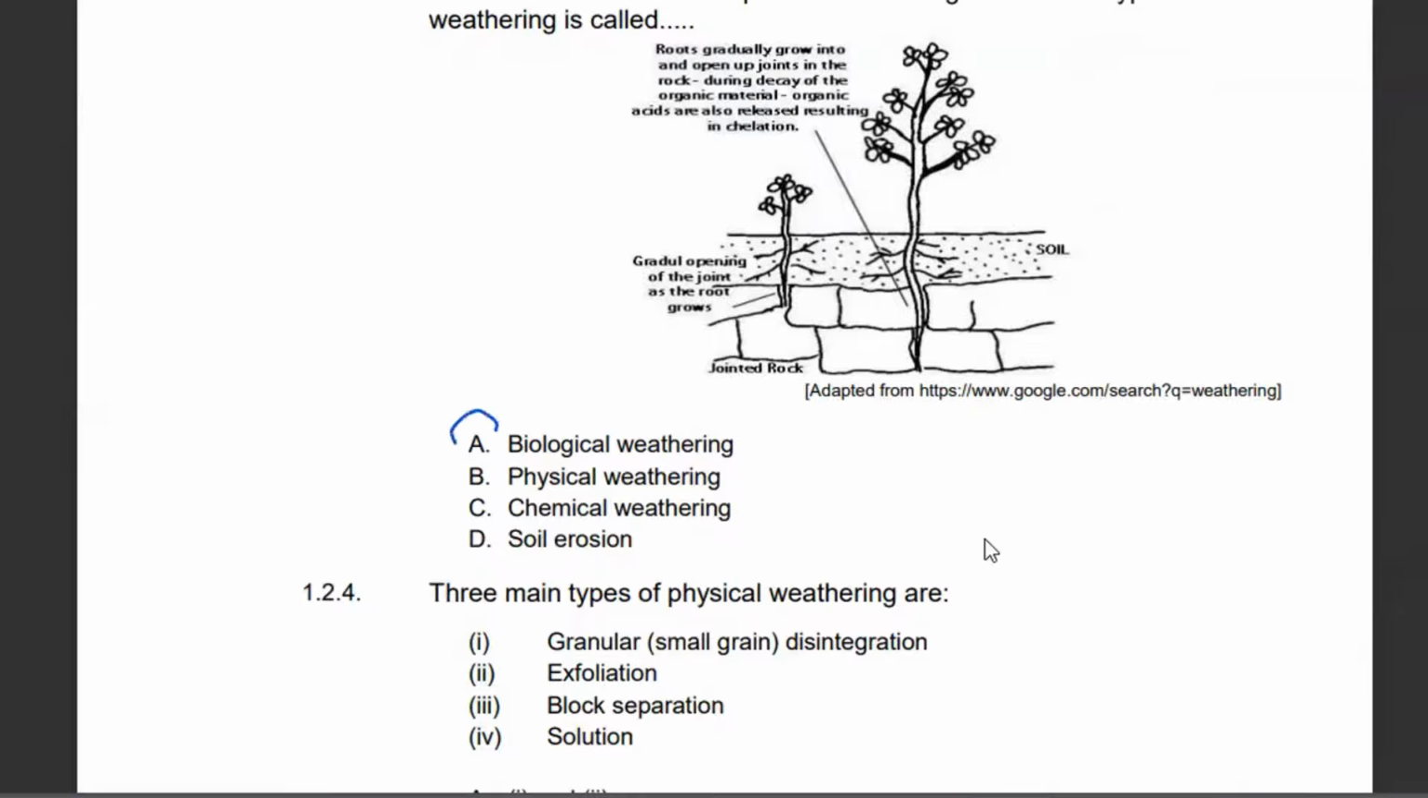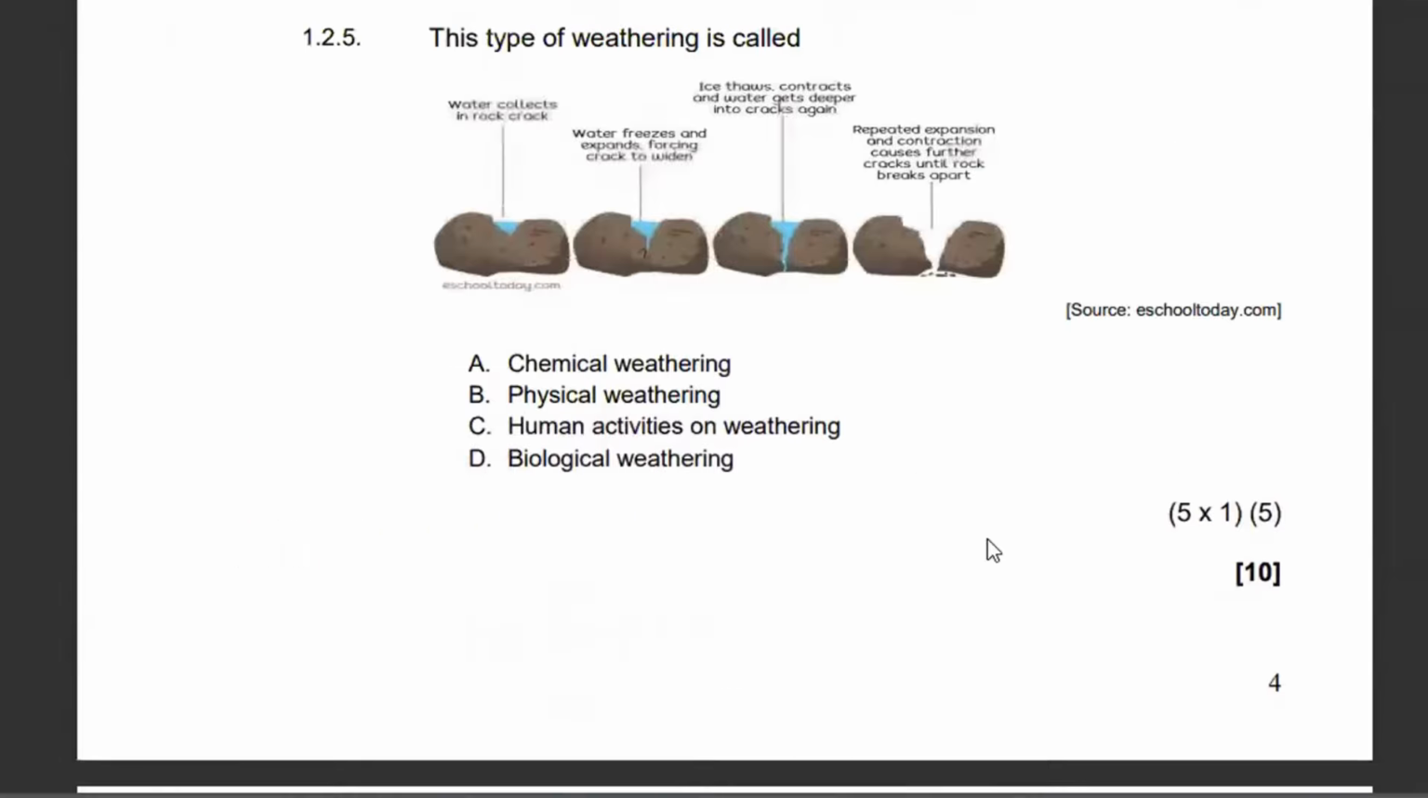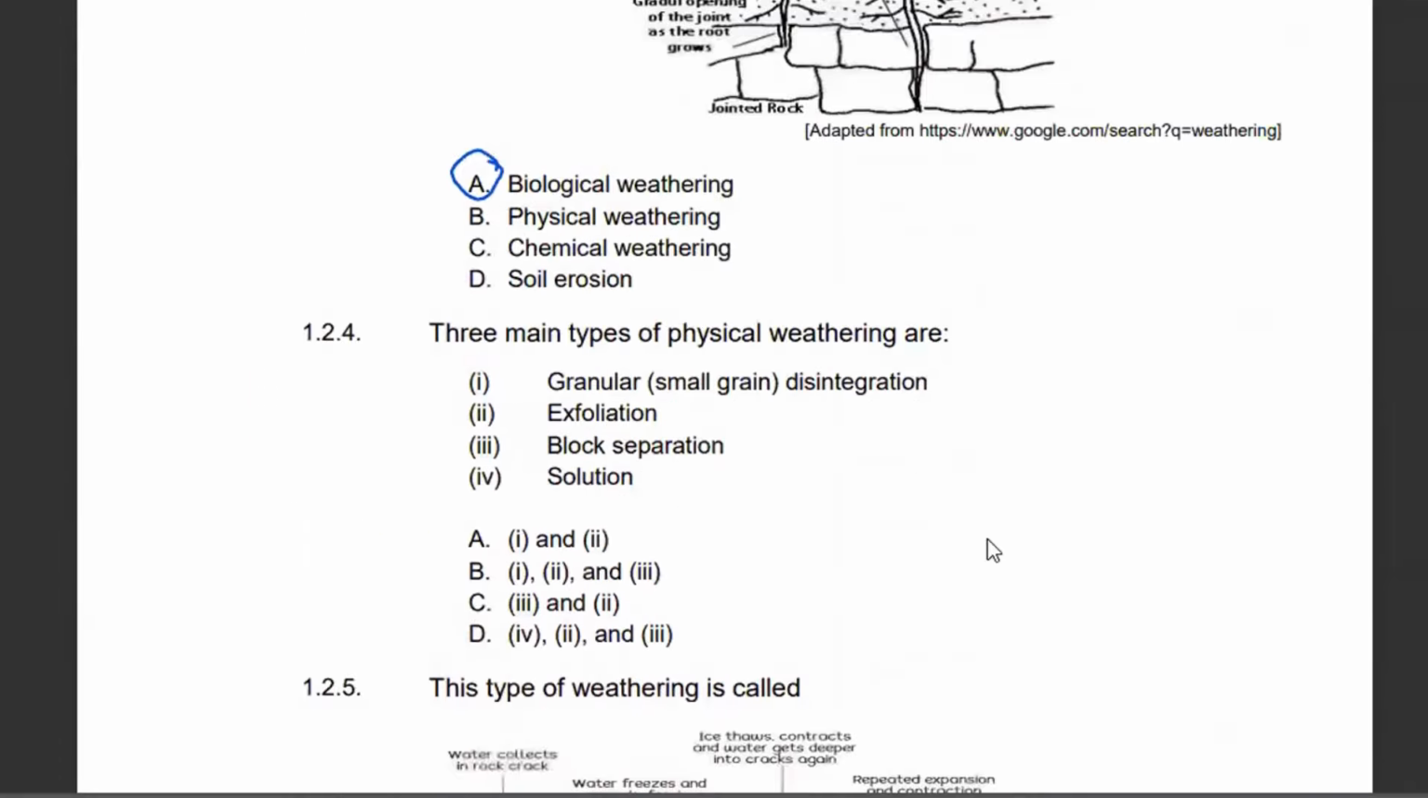This type of weathering is called biological weathering. All right. Okay. Then question